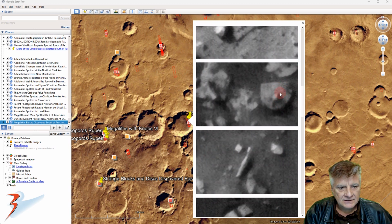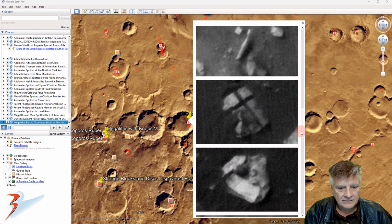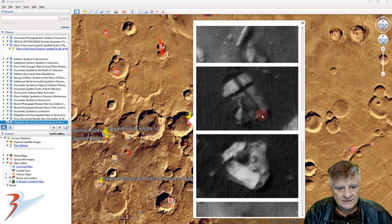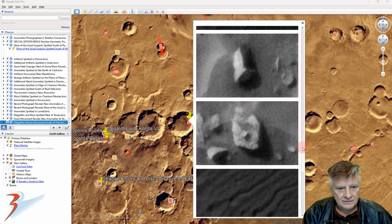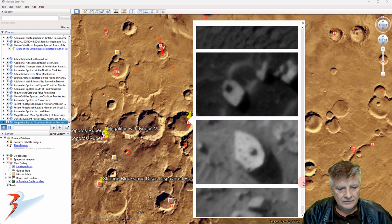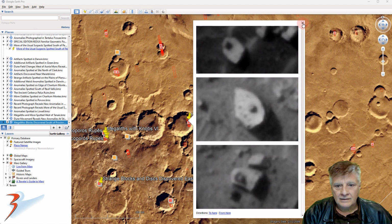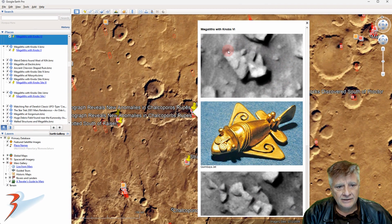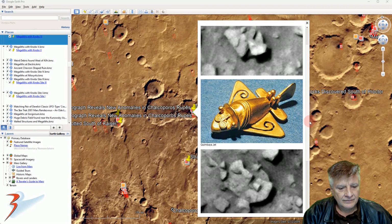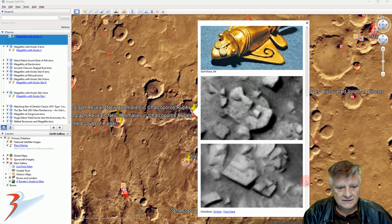Another one of those partial discs with a protrusion or knob on it. Strange design over here. These 4 blocks moved apart slightly. Another site I'll do in the near future. This is where I found that piece that looks almost like a Quambaya jet. It's about 22 meters in length. Maybe I'll do this site next